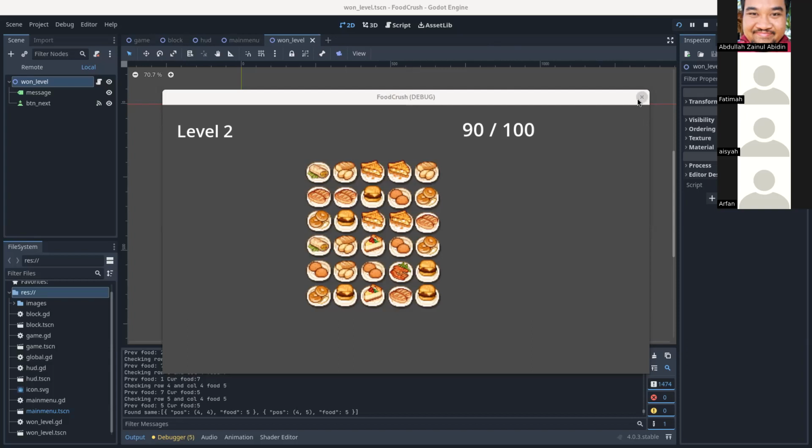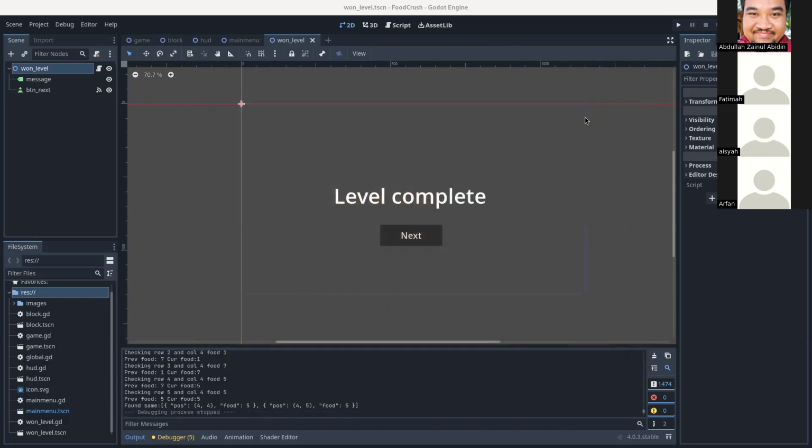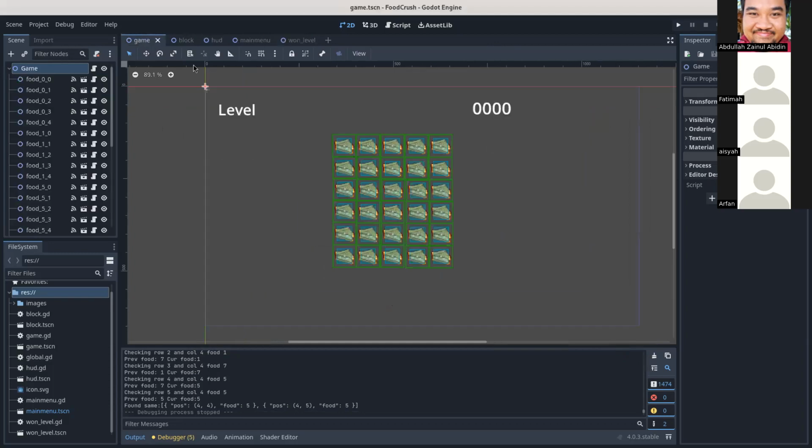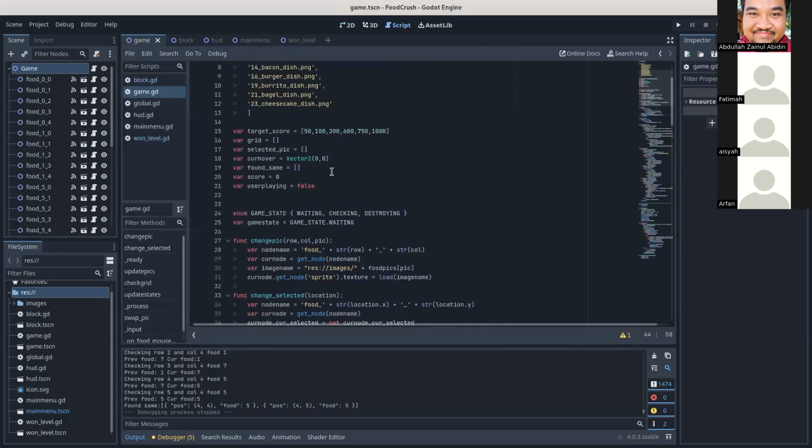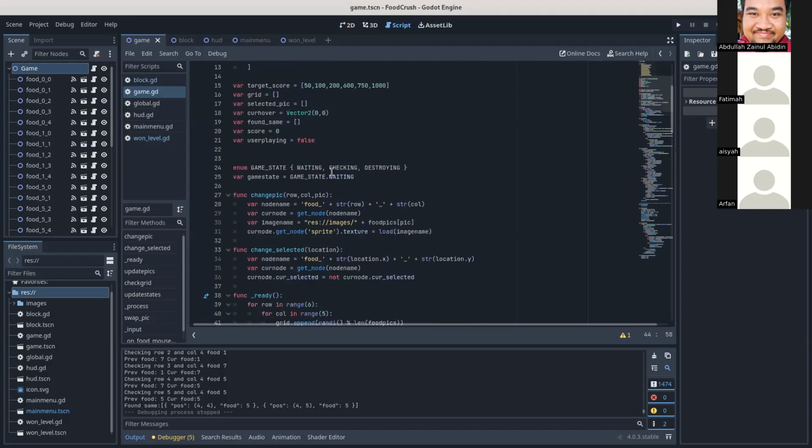So the first thing we're going to do is make the easiest limitation first, which is how many turns the user can take before they finish that level. If we were to open our game script,